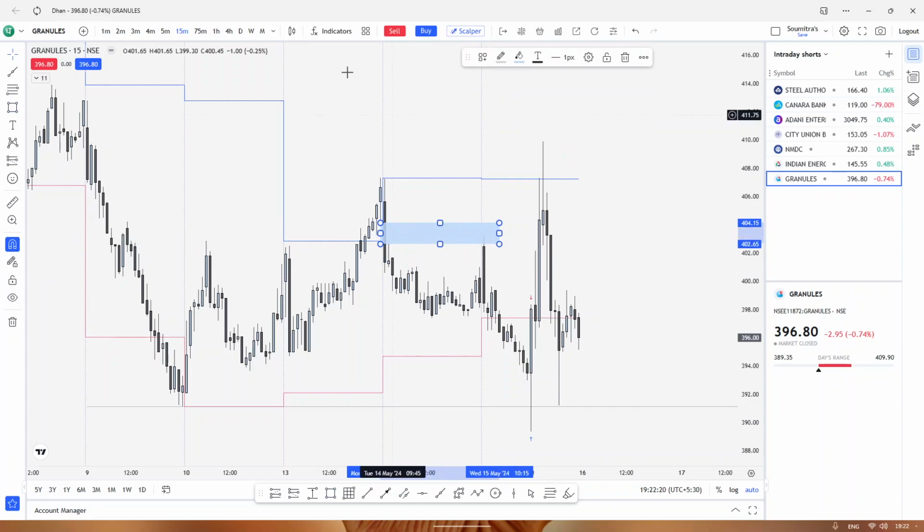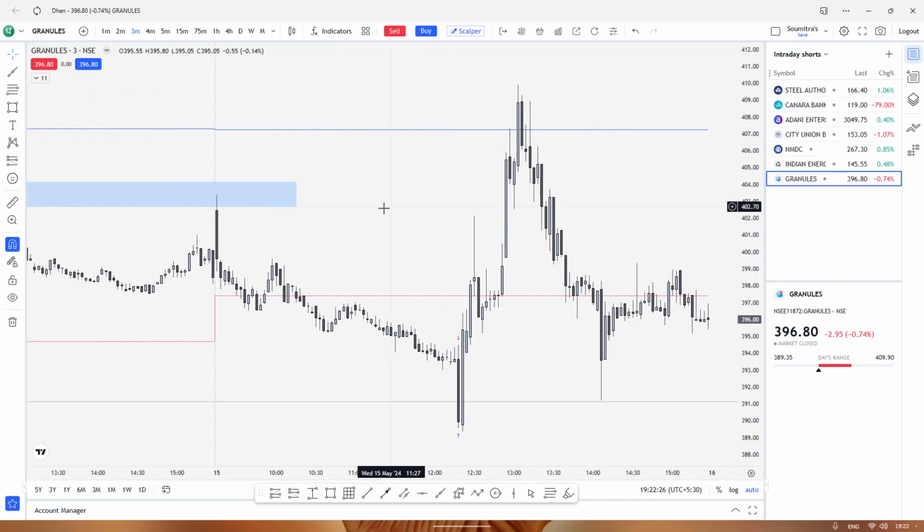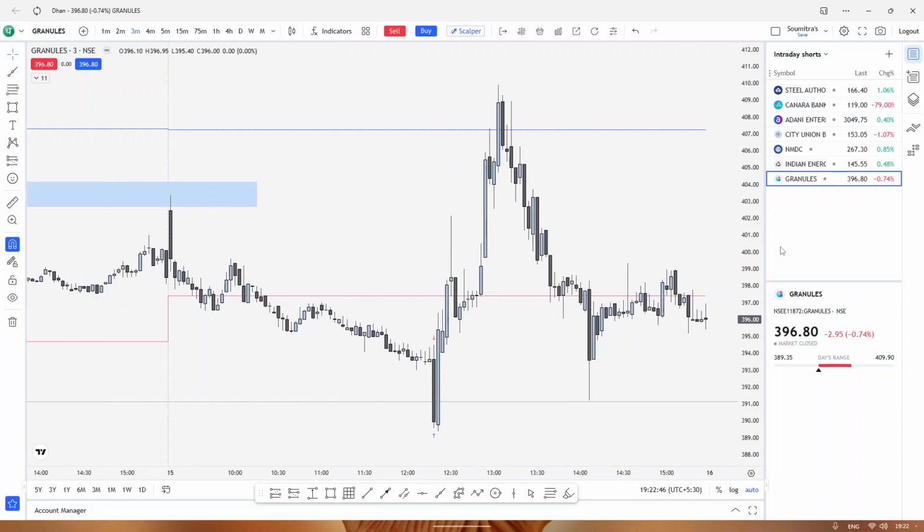It started from here, and then I was observing it closely for the day, but I didn't find any fair value gap from which I can initiate a trade. You can see here there is no fair value gap visible here. Maybe small fair value gaps are there, but not prominent ones. Until this point,